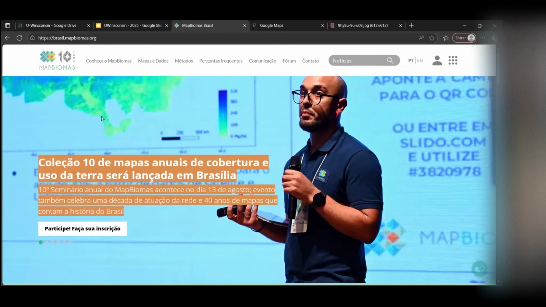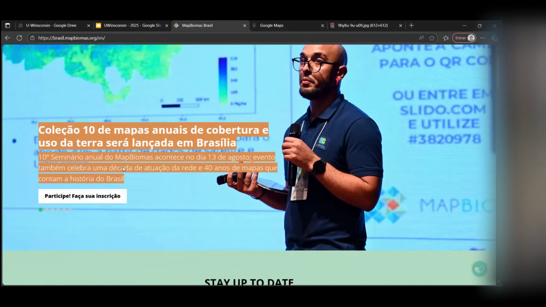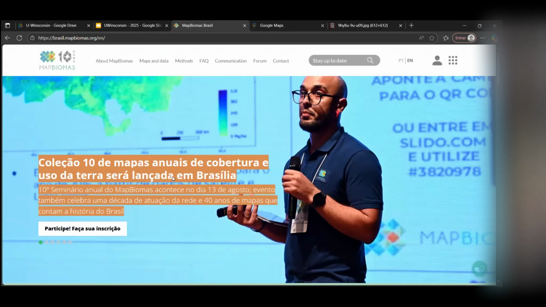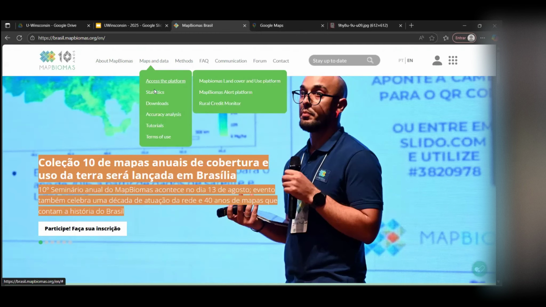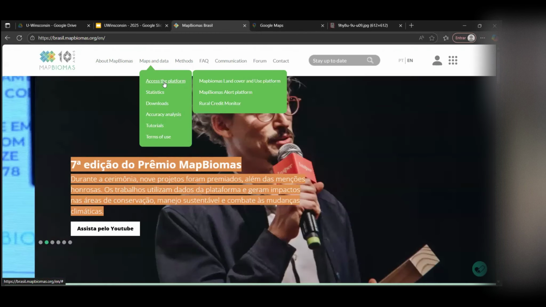You can click on it. Probably the first time you open it, it is still in Portuguese, but now we have this magic button here, the English translator. You can click on it, and then it's way easier to find things here. The information inside is not translated yet, but at least the menus are translated, and it's easy for you to find the things that you can use inside of it.